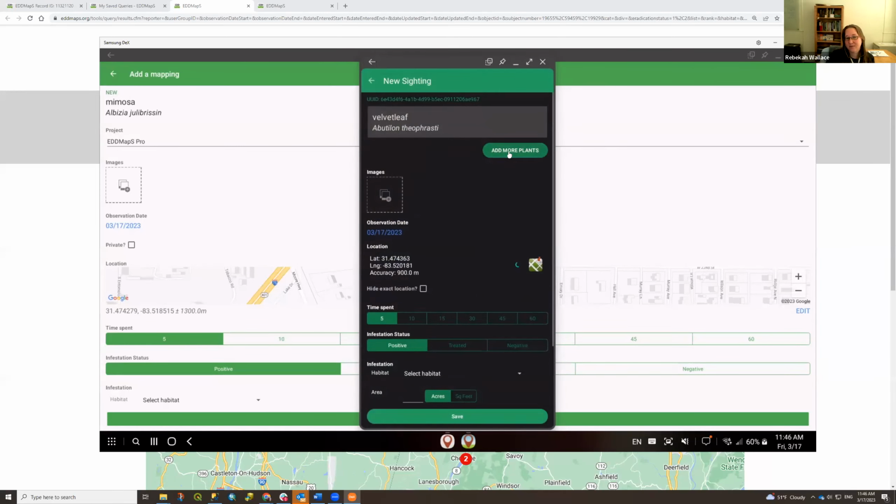Add more plants. So if you're in the EDDMapS app and you're reporting a plant, you can add additional plants. The thing you run into with this, and I always caution people about this, is that the EDDMapS database record is a single species at a location on a date.